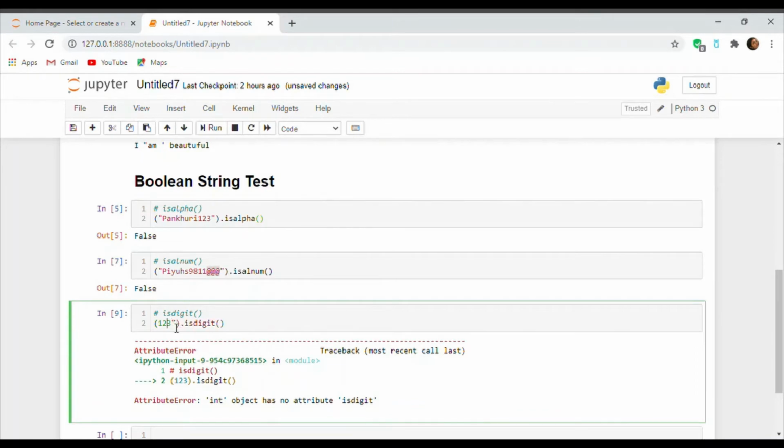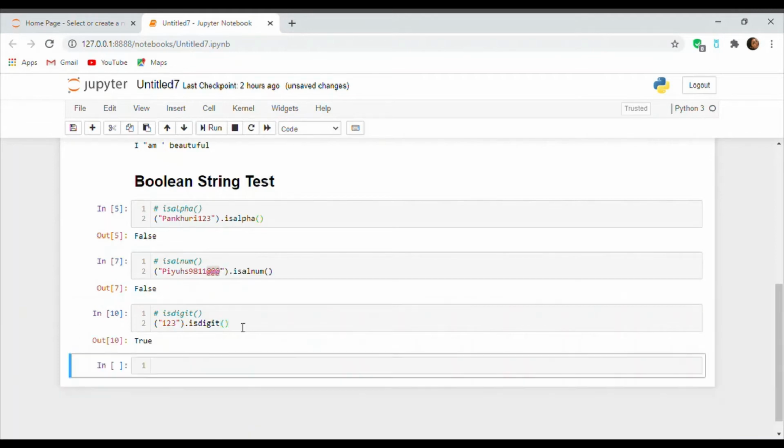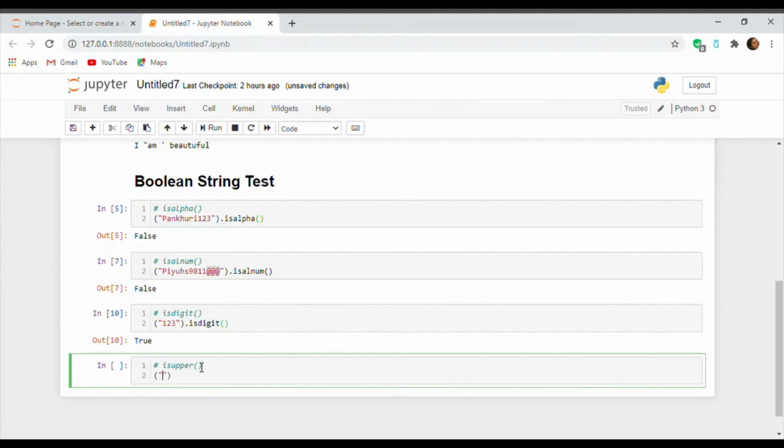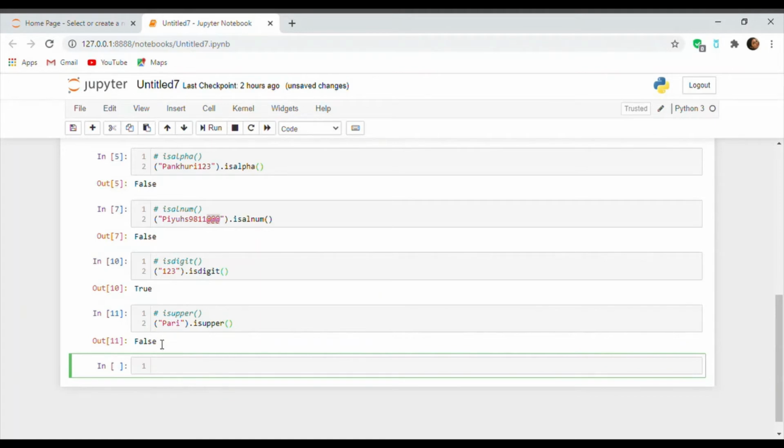So you have to convert your integers or floats into strings before applying Boolean string test on them. So it is giving the result as false.